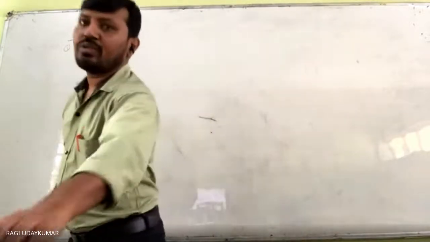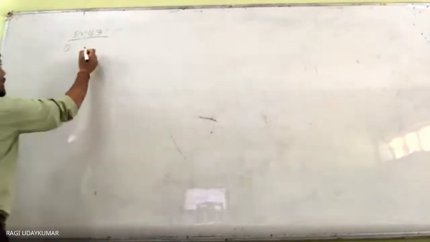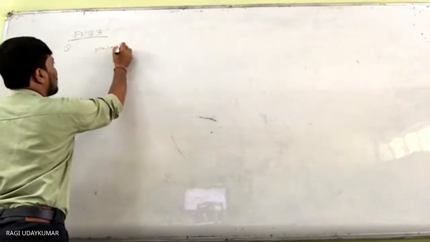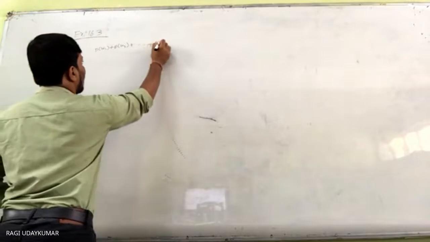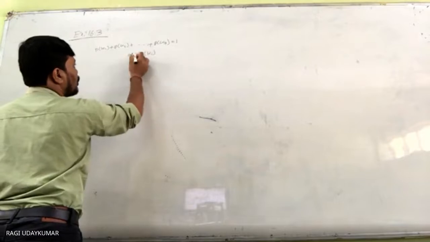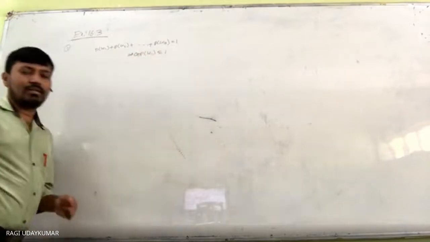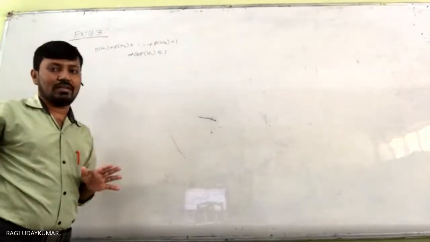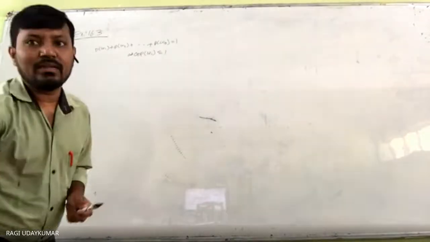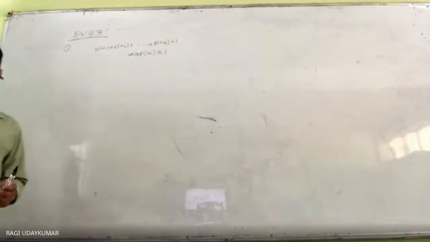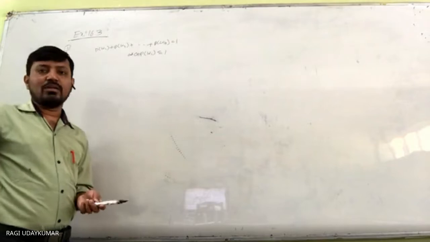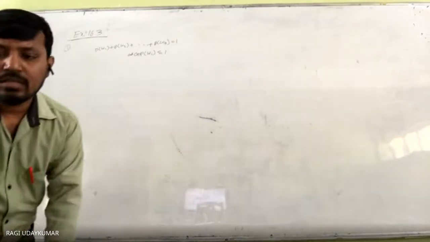So for the first question, it is given that W1, W2, up to W7, and the sum of the probabilities, probability of W1 plus probability of W2 and so on up to probability of W7, should be equal to 1, and the probability of Wi should lie between 0 and 1, where i is equal to 1 to 7. This is the condition for the first problem. Very simple. In the fourth problem, option D, the probability of W1 is given as minus 0.1. That is not possible, so it does not satisfy the given condition.